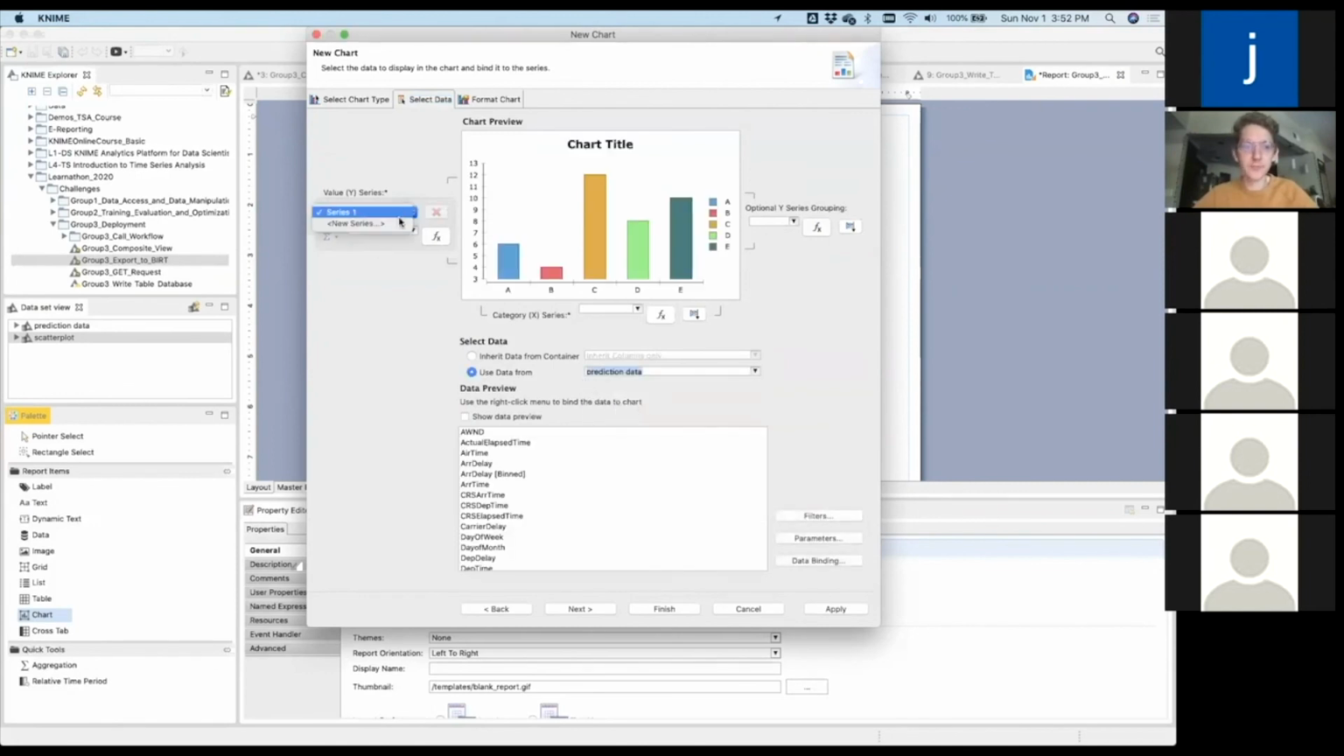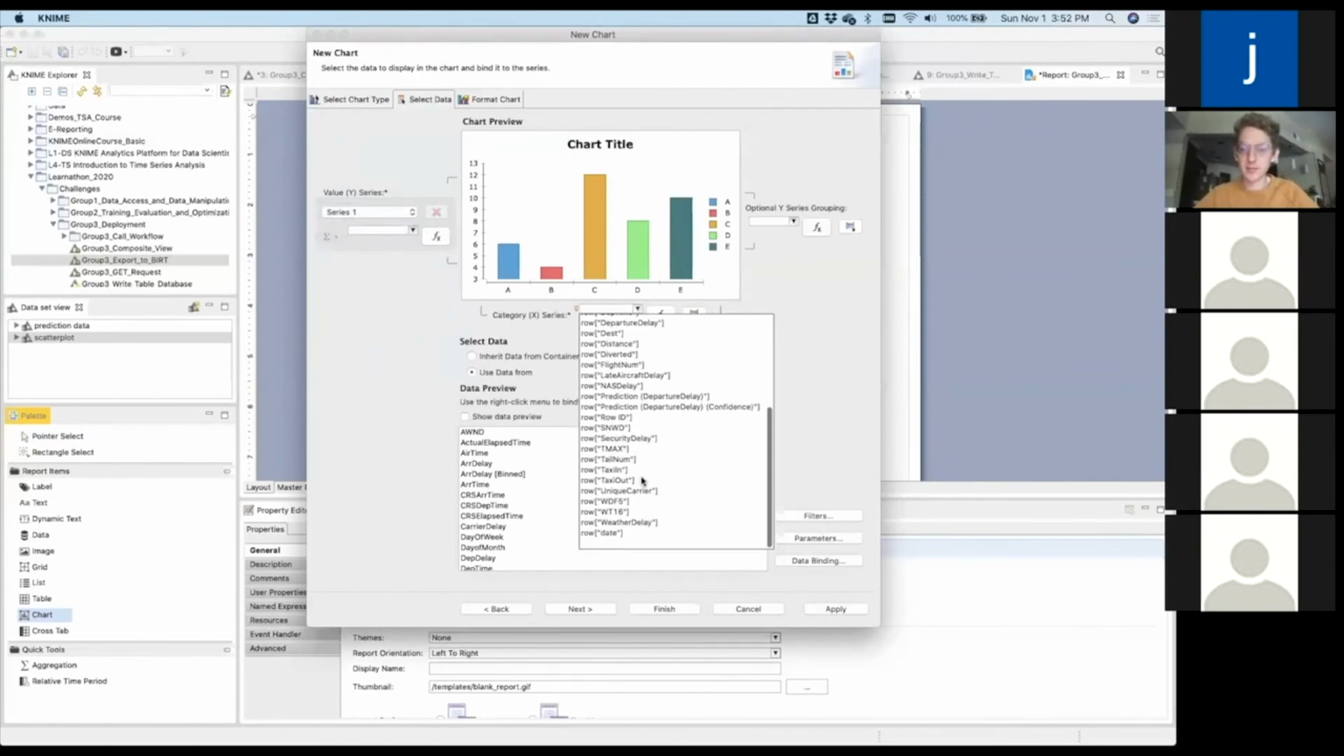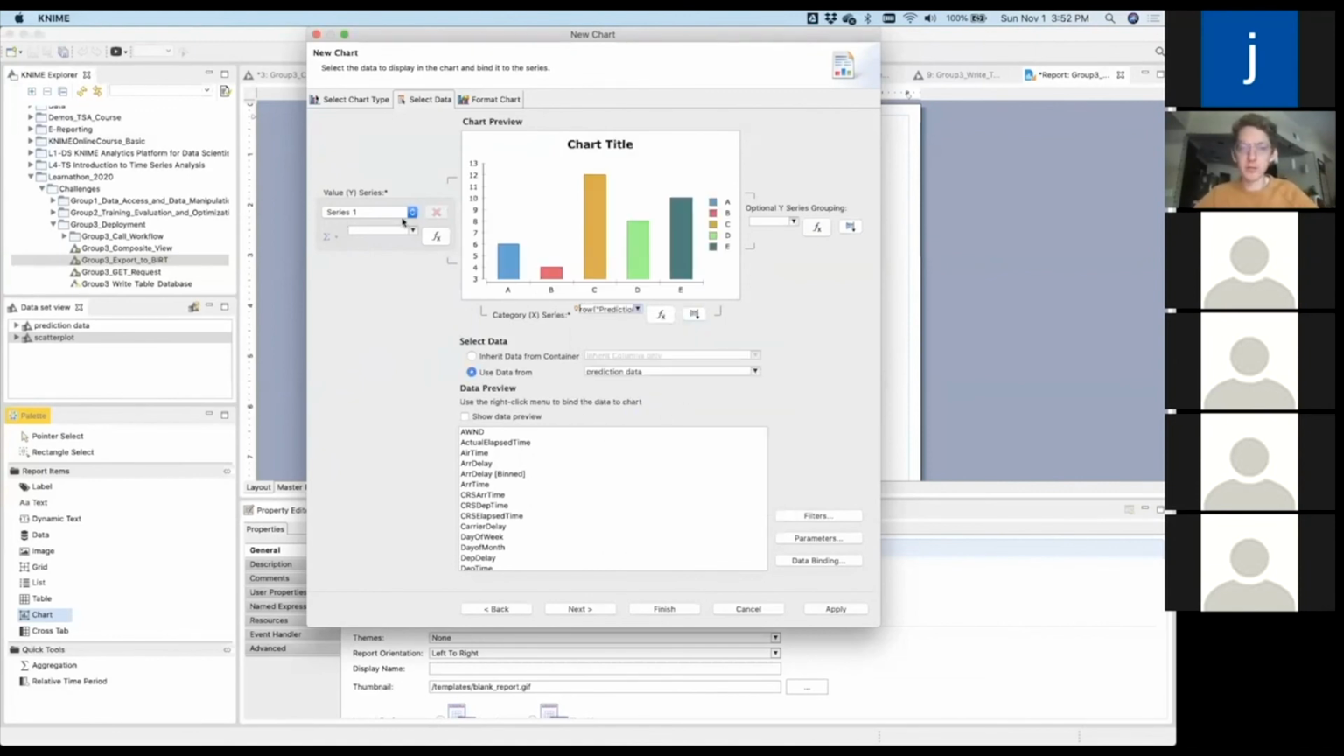So in this case, maybe I want to use that prediction data. Okay. So I've got a few different things here. Which column contains my categories for the x-axis? Maybe I want that to be whether or not my flight is predicted to have a delay. So that would give me 2 bars. And then up here,